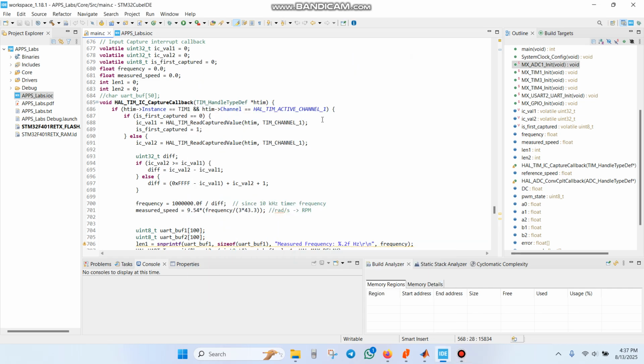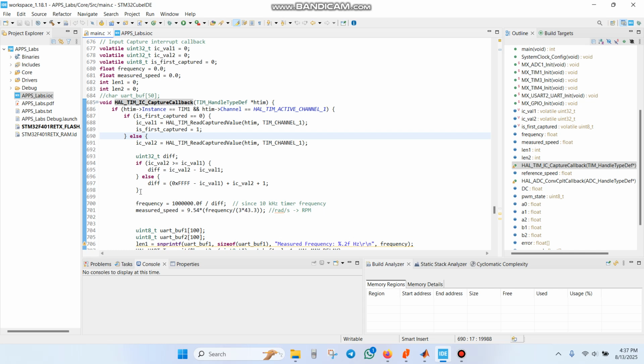Right? So the final feedback system is implemented by this function, by this piece of code right here. And for this function, we have used the input capture mode of the timer, in which we are basically determining the frequency of the detected frequency of the motor, and corresponding to that we are measuring the speed. In order to do that, we use this callback routine for the input capture, and we determine